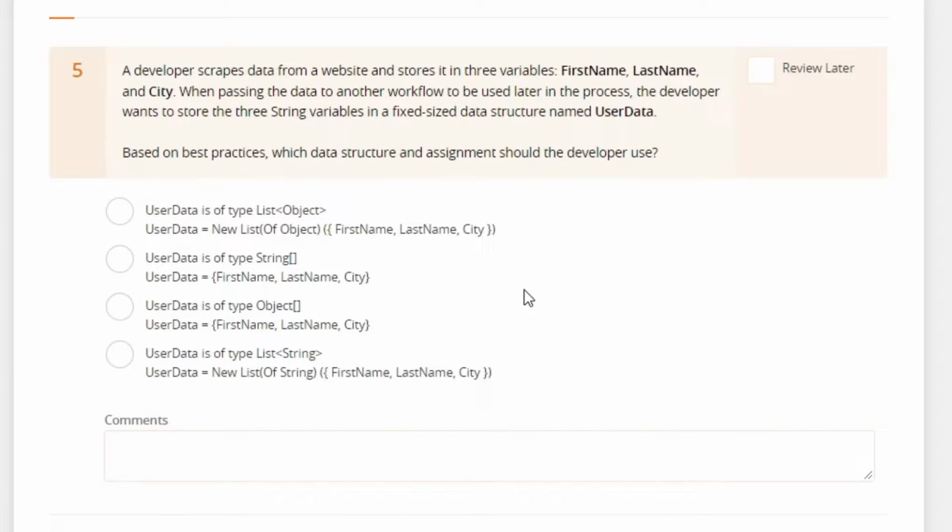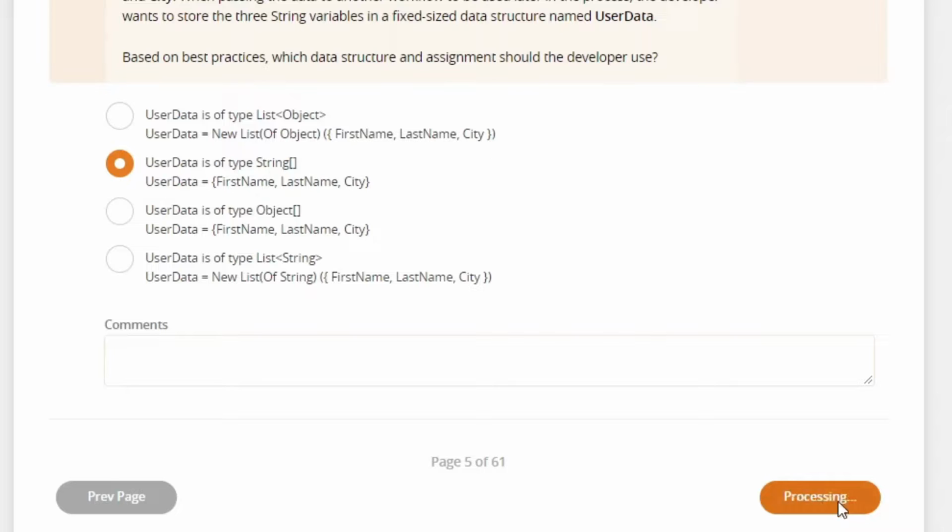Another thing, if we want to easily access the values after passing the variable to another workflow, then array is probably the answer because you can just use the index of the data. So my answer will be the string of array type. Go to the next question.